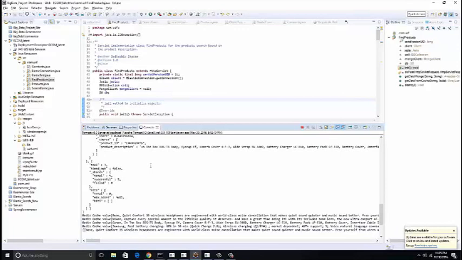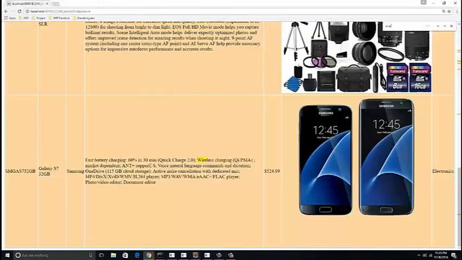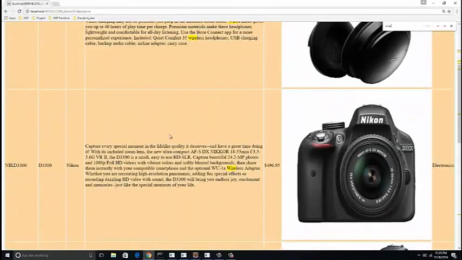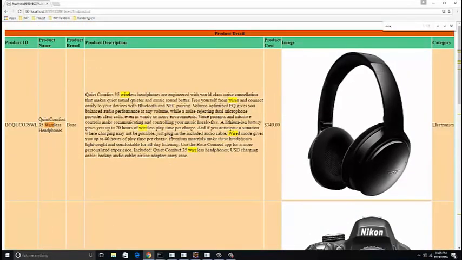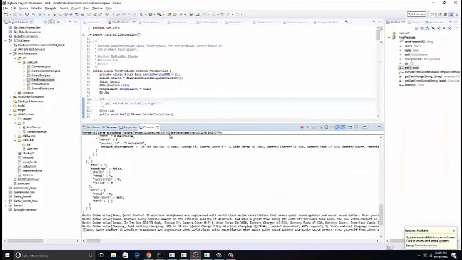And since these products have been already searched, the values that you are seeing right on your screen have not been fetched from the database at this time. They have been taken out of the Redis cache. These cache values have been printed as under: the Bose headphone, Nikon camera, Canon camera and Samsung phones have all been picked from the Redis cache.